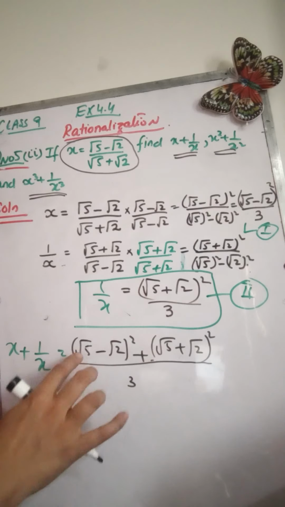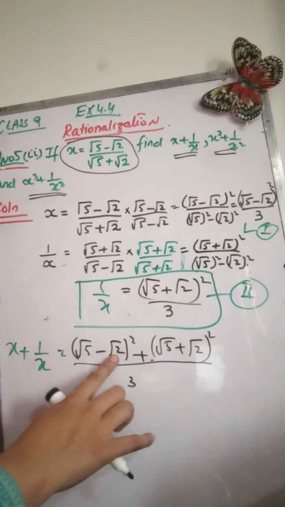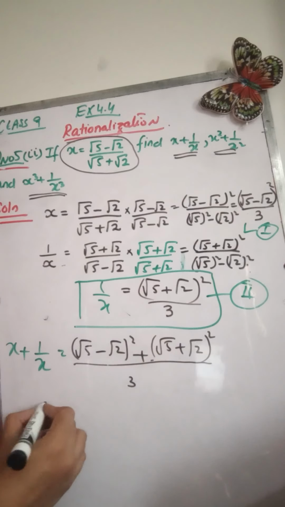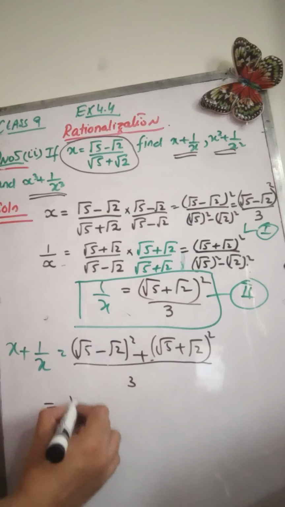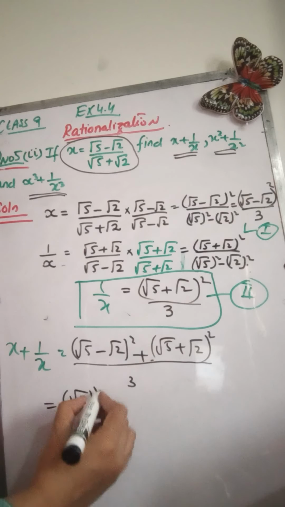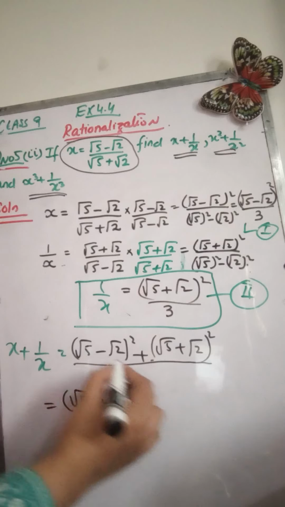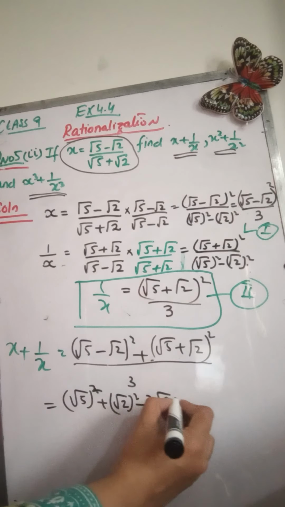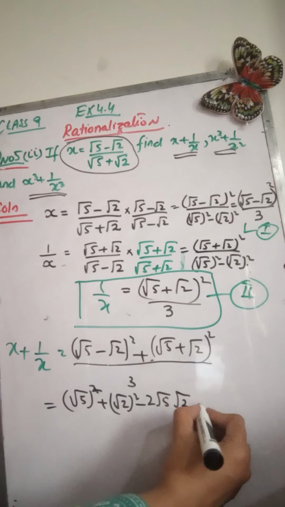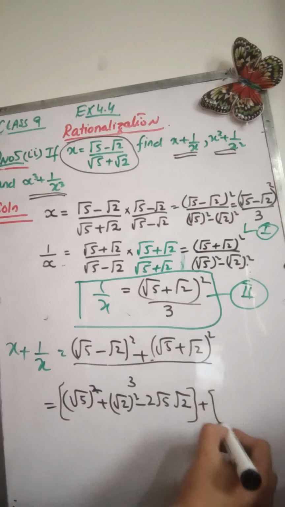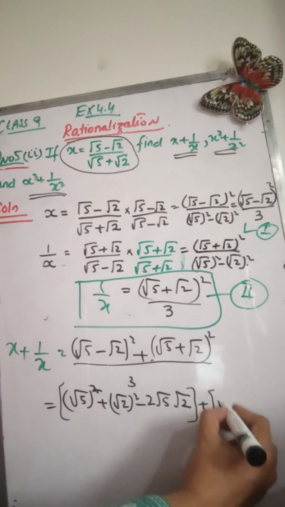Now I am going to open this expression by using the formula (a minus b) whole square plus (a plus b) whole square. So (a minus b) whole square is equal to a square plus b square minus 2ab, this will be the first formula, and the second formula, (a plus b) whole square is